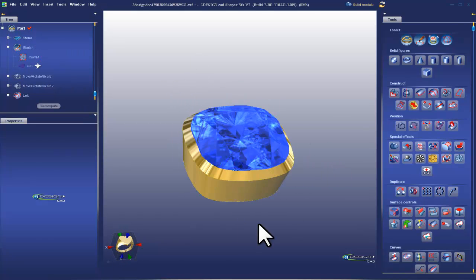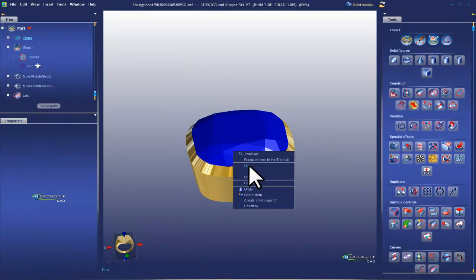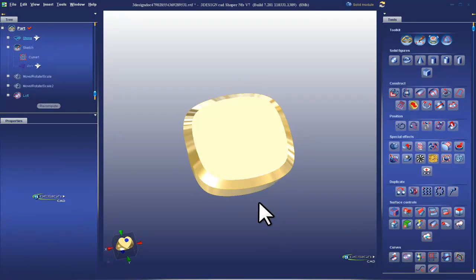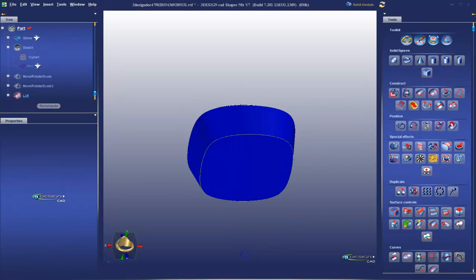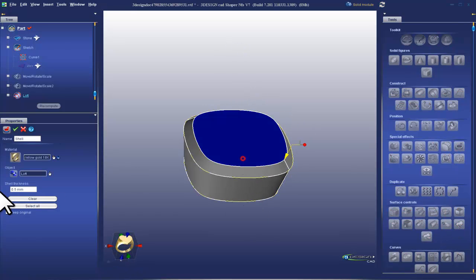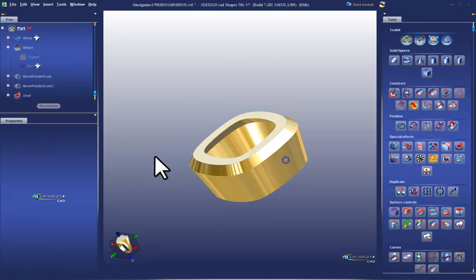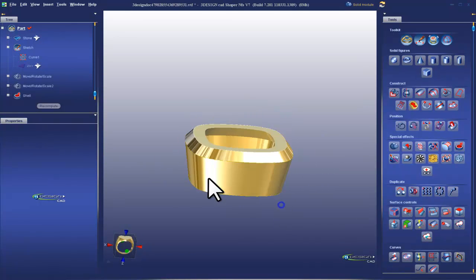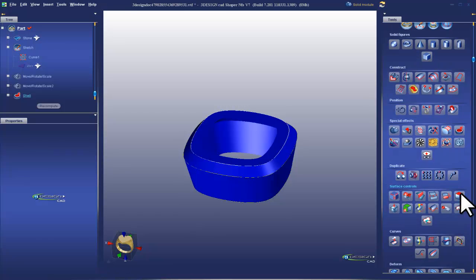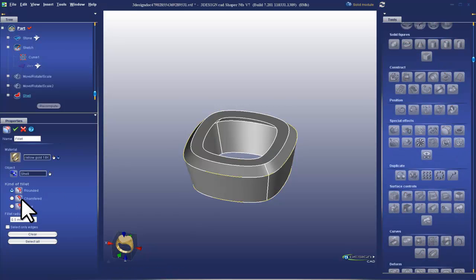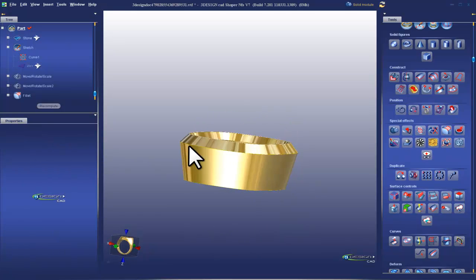Show my stone. So on its own, that's nothing important, but very quickly I could use that shell command, click on that face and that face, set my wall thickness at 1 millimeter, and boom, there you have it. I made a pretty nice bezel using this loft. I'll add a chamfer on the inside here, and we get